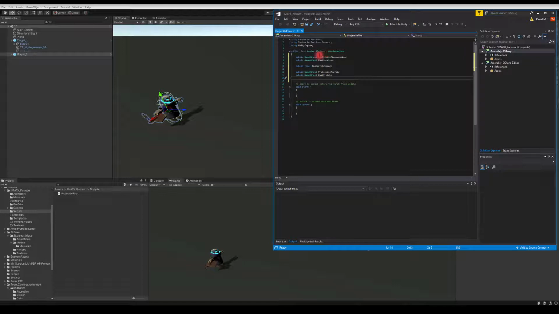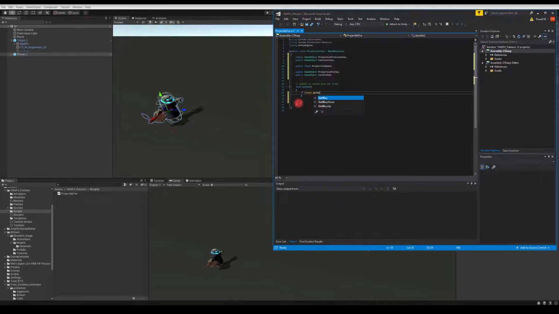Okay, cool. So projectile fire location will be those two sockets that we've created in the rig. So those will be defining locations where we're firing our projectile from. Speed is self-explanatory, and then two game objects, which will be our VFX for the cast and for the projectile. Okay, so I'm gonna get rid of the start function, and in update I'm gonna say if